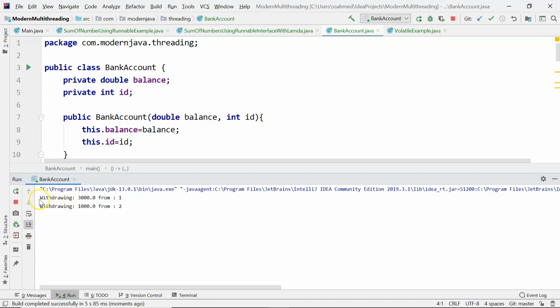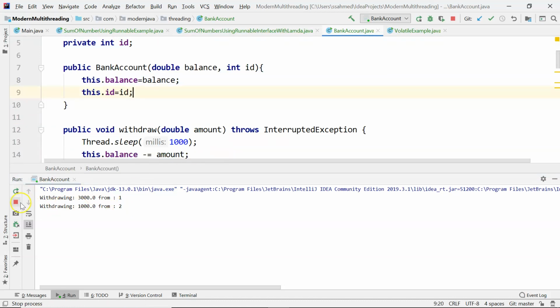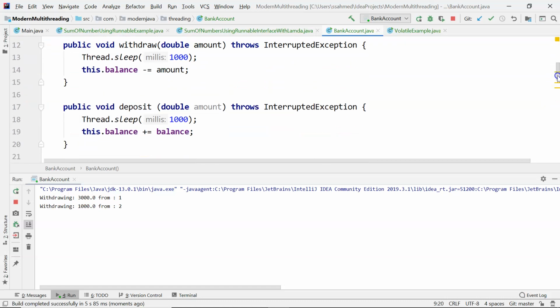So you can see that withdrawing $3,000 from student bank account, which is the ID 1, and withdrawing $1,000 from university bank account, which is the ID 2, and they are in a deadlock state. As you can see, the program is still running because